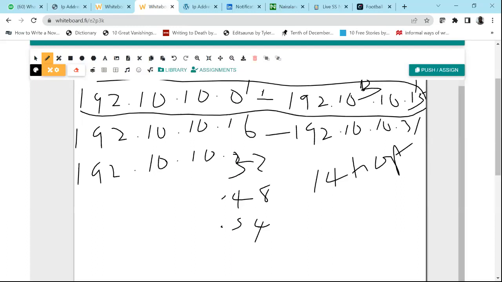But in this, we wanted to get the networks. So this is that: 2 raised to power n, you reserve ones, then you calculate your new subnet mask, and then you